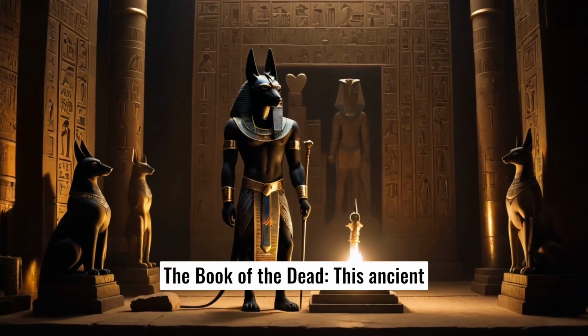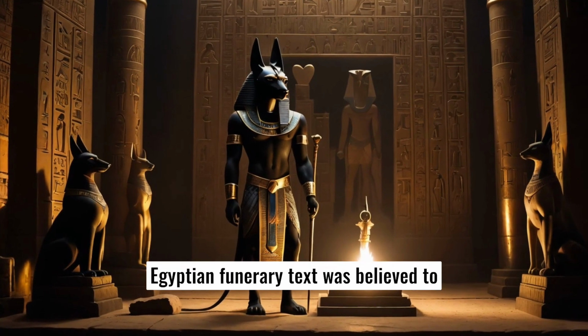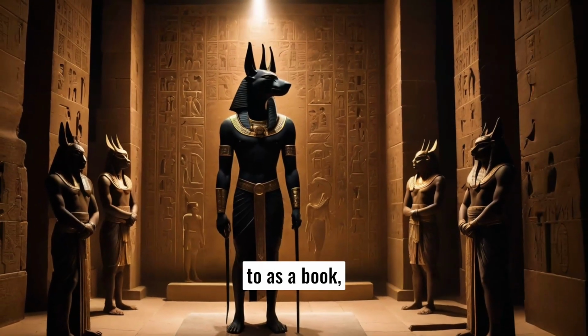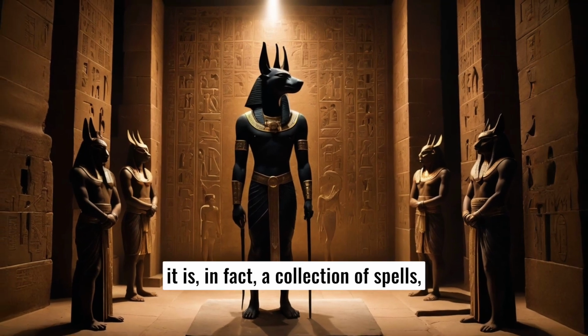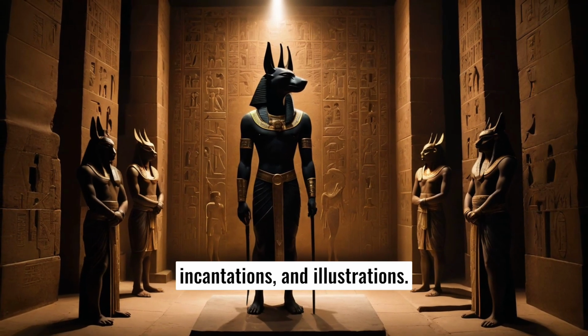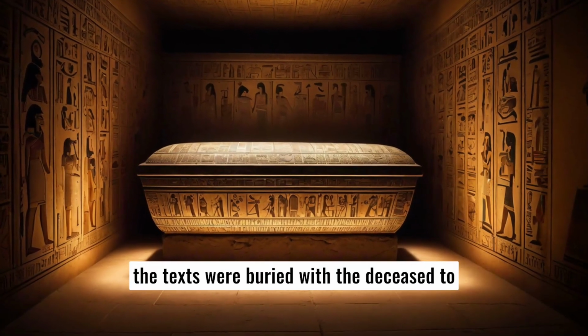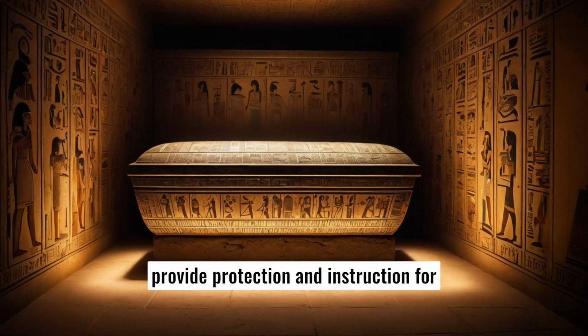The Book of the Dead. This ancient Egyptian funerary text was believed to guide the dead through the afterlife. While it is commonly referred to as a book, it is, in fact, a collection of spells, incantations, and illustrations. Originating around the 16th century BCE, the texts were buried with the deceased to provide protection and instruction for navigating